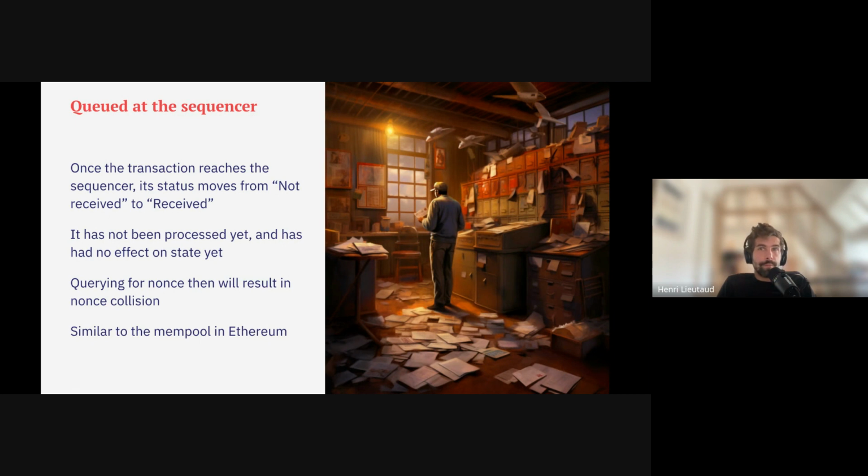Now, the difference is that the mempool in Ethereum changes. Your transaction can be top of the mempool, bottom of the mempool, but until it is in a block, you have very little guarantee as to when your transaction will be included. It won't always be like this, but right now on Starknet, the mempool is sequential, meaning that the first transaction to arrive is the first transaction to get included. Having higher fees won't get you in front of the line. Okay.